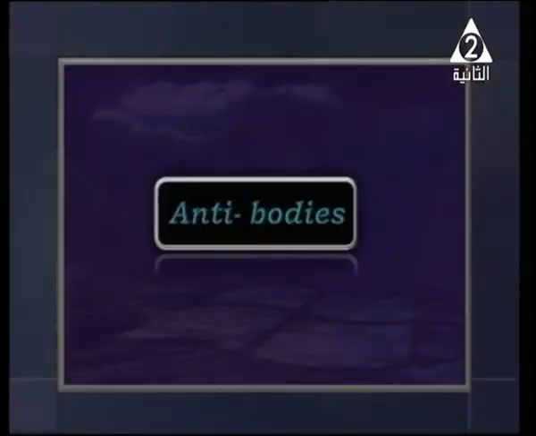Also, we have number 6, the antibodies, and we're going to study antibodies in detail. We have a lot of information about the antibodies, where they are located, how they look, and what their function is, and you also need to know the shape and the structure of the antibodies. Starting with